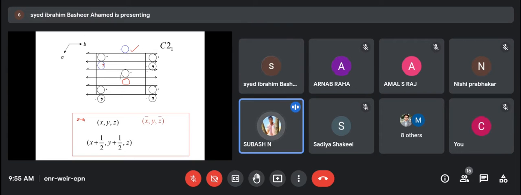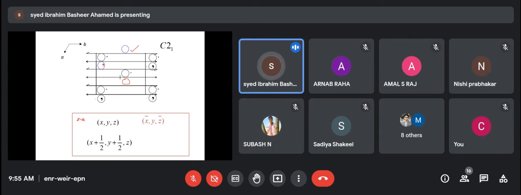Okay, sir. Yes, sir. That's what I am putting here. Whatever I am drawing, I am operating a 2-fold for this, so I will get the molecule here. I am putting it here because they are equivalent only. So now you see the equivalent equation.